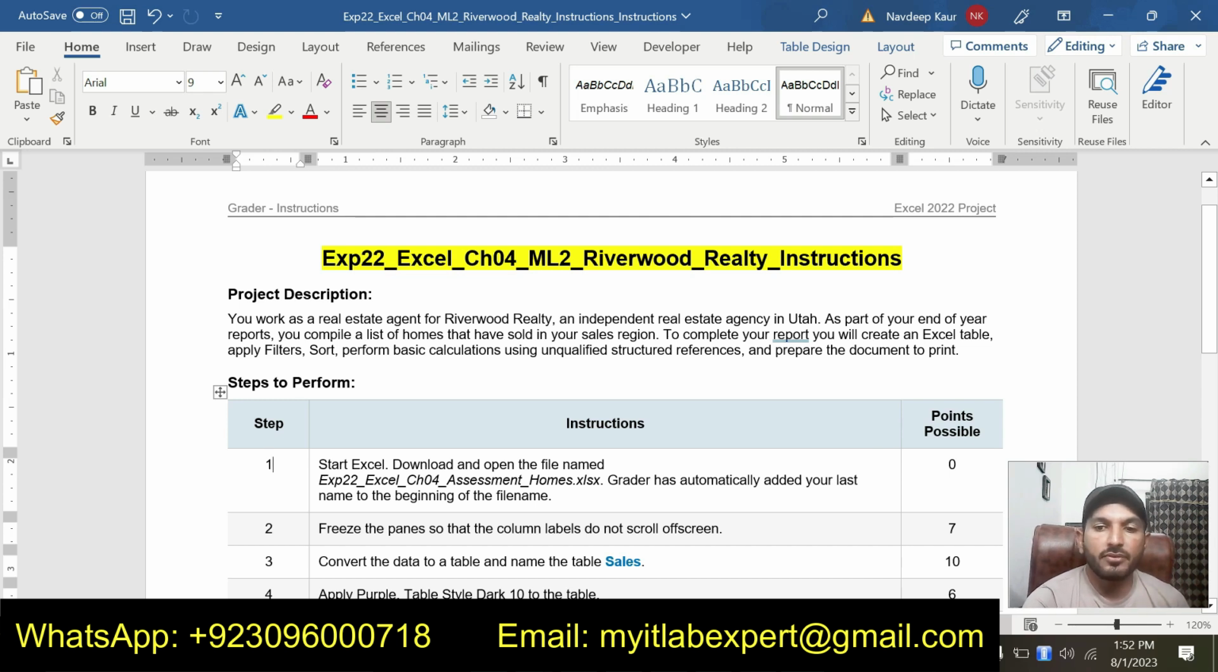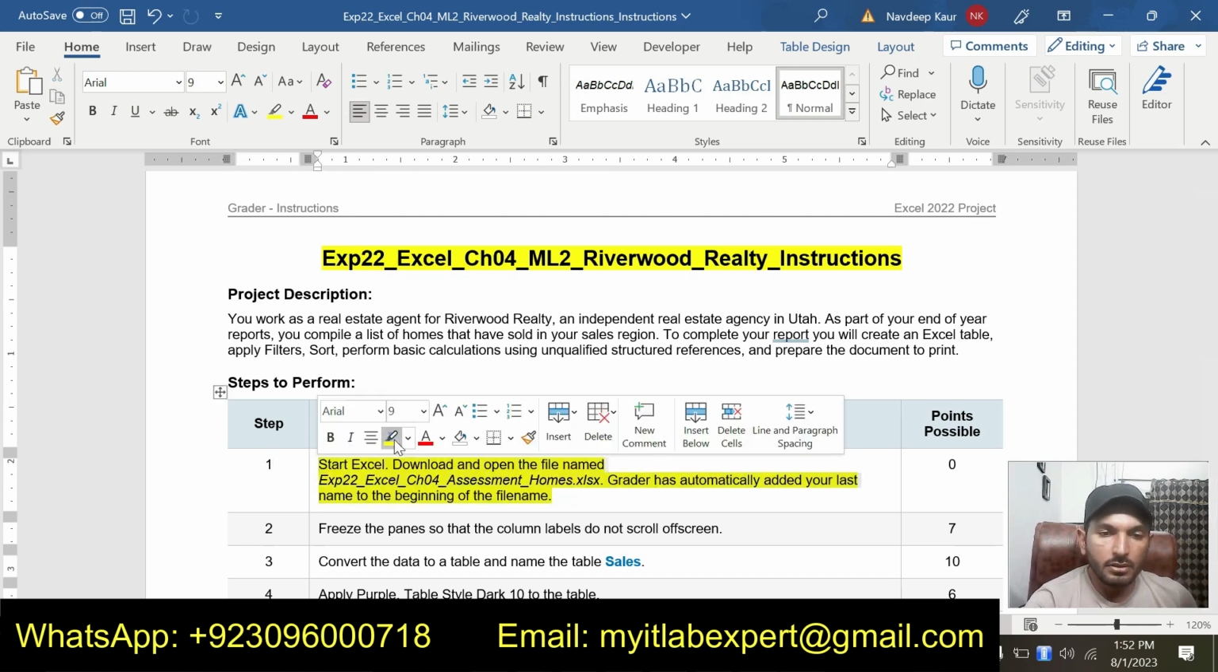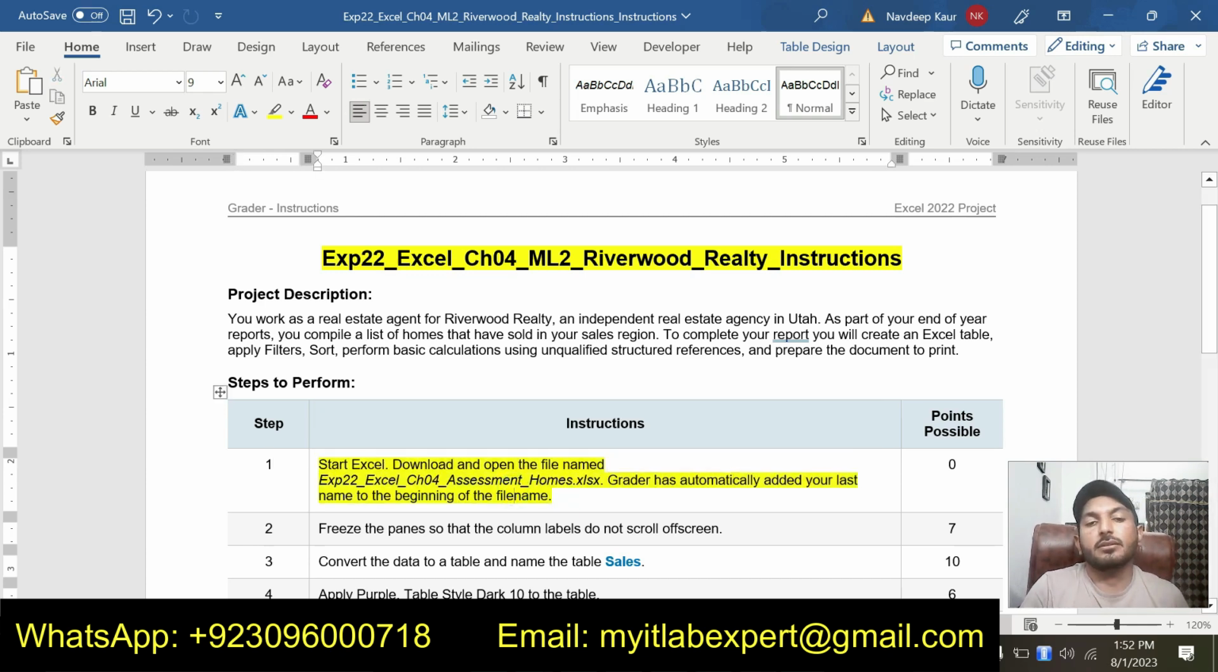So let's move to step number 1 of this assignment. Step number 1 of the assignment is Start Excel. Download and open the file named Exp22 Excel Chapter 4 Assessment Homes. Grader has automatically added your last name to the beginning of the file name. So we are supposed to download the Excel workbook,